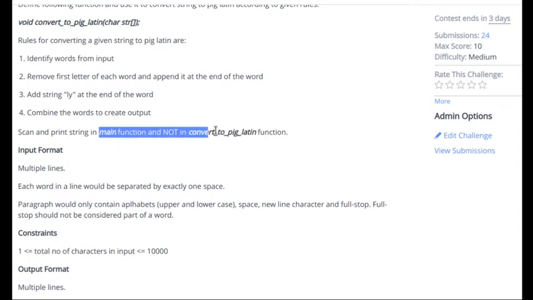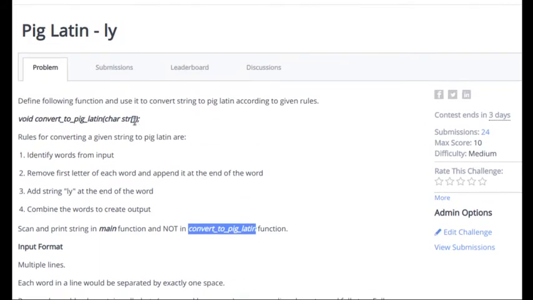So let us see that. It says scan and print in main, and do not scan or print in this convert to Pig-Latin function. Convert to Pig-Latin function should receive a character pointer which points to the first character of the input string, and it should change that string to the expected output string.